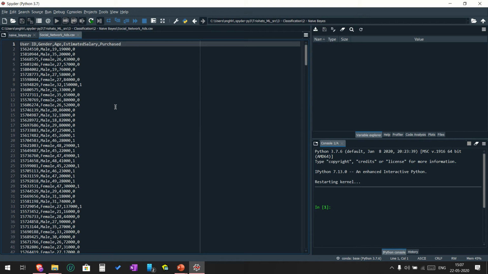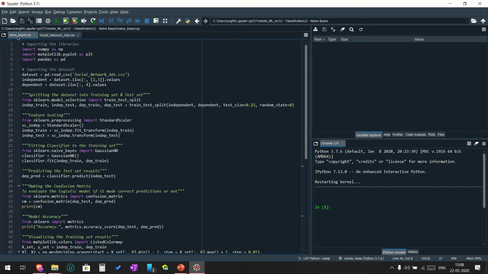This is old data the car company has collected over several years, and it has user ID, gender, age, and estimated salary of the customer, and the purchased column. This purchased column tells you whether the customer has bought the car or not in the past. So we'll use this dataset to train the machine and test the machine.